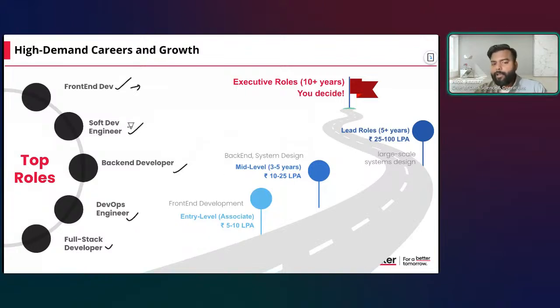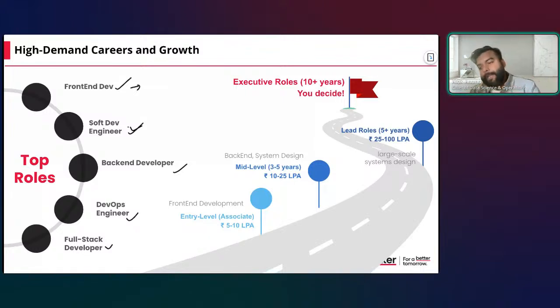When we come to software developer, again it is a mix of front end plus back end. That is also sometimes how it is used, that you will have a mix of front end and back end. And the software which you might have seen on your laptop, on your different devices, it can be on your mobile, on your watch, all those things. If you are going to work where mostly Java and such things are required, that's when you call yourself a software developer. But again, it's a very surface or umbrella level term under which you can call front end, back end, and all the other developers. So software developer is a very generic designation which any company can give.